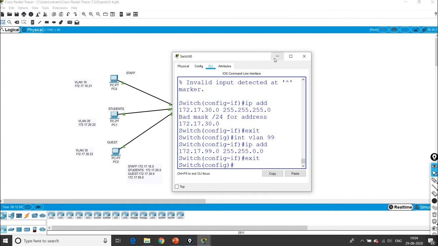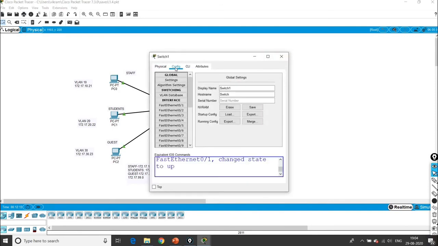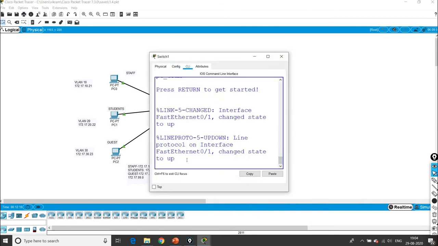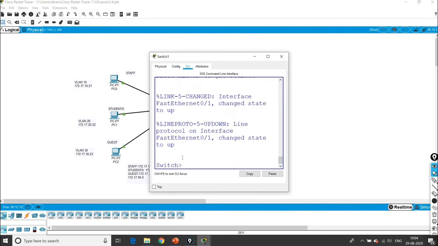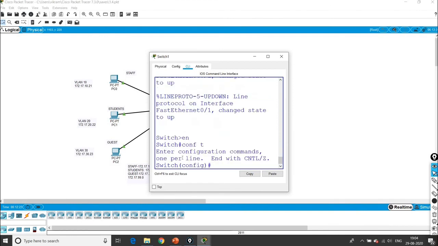So go for switch 1 and the command prompt CLI. Enable, config. So switchport on FastEthernet. What is the FastEthernet I am using here?